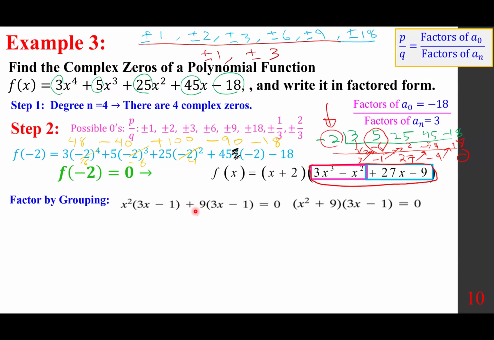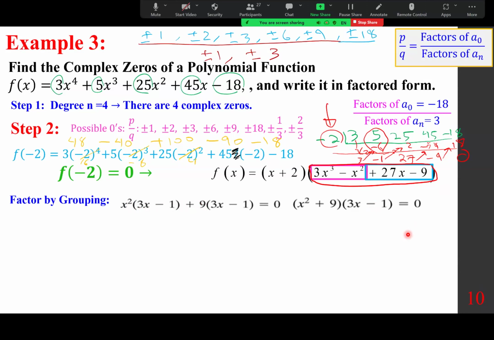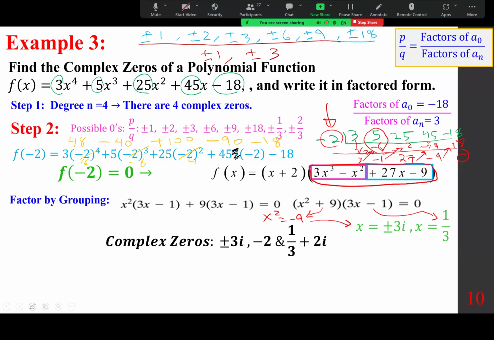If you set this one equal to 0, x is 1/3. If you set this equal to 0, x squared is minus 9. X is plus minus 3i, maybe, so let me just quickly show you this one. If you set this one equal to 0, gives you that. This one will give you x squared equals -9. X is plus minus 3i. So we have all the complex zeros, plus minus 3i,